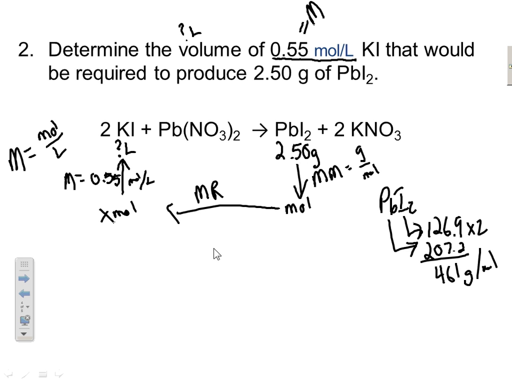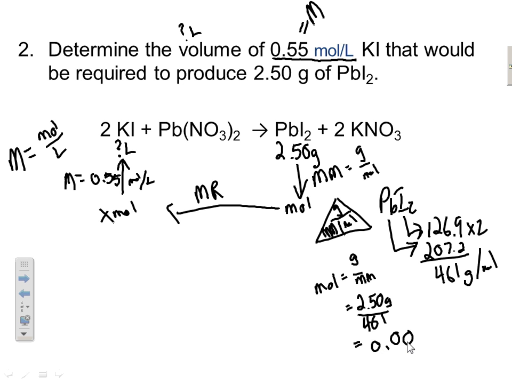So let's start with this guy. I don't care what side of the page. I guess we could work over here because it is on this side of the page. So we need our triangle. All right. Grams on the top, moles down here, molar mass. And this time I'm looking for moles. Moles are equal to grams over molar mass. And we have 2.50 grams. And we have a molar mass of 461, heavy guy. So 2.5 divided by 461 equals